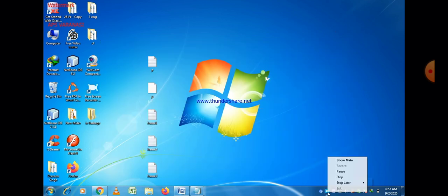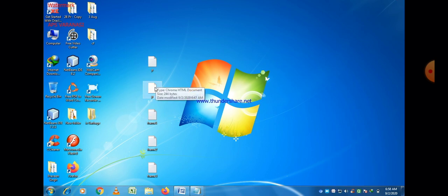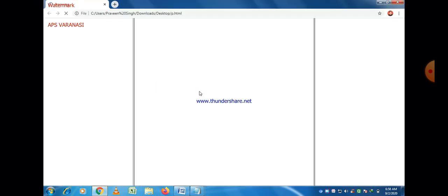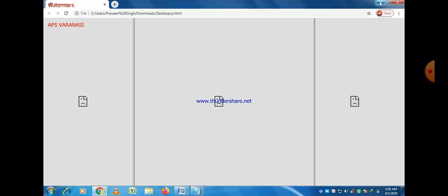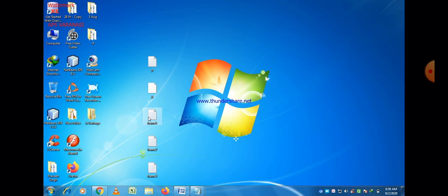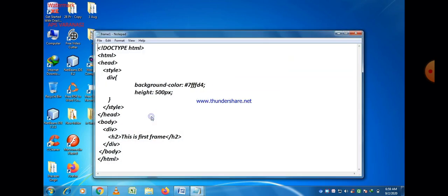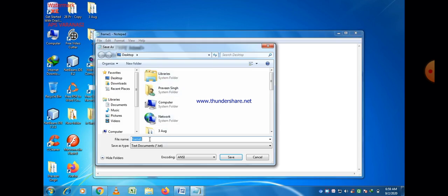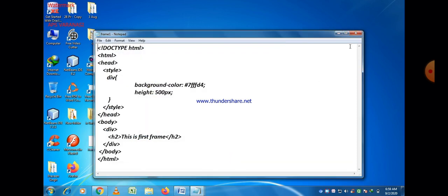Now let us try to execute all these programs one by one related to frame 1, frame 2 and frame 3. First of all, our main program. This is our main program. You can easily see here. Now frame 1, this is a text file. First of all, we create an HTML file for this. So just save as the program and then give the name frame1.html. And then execute the program.